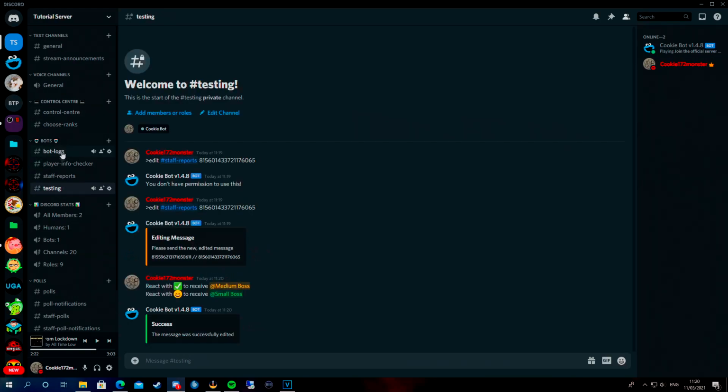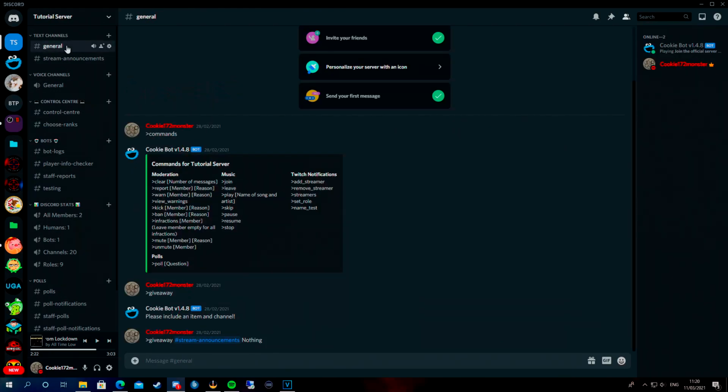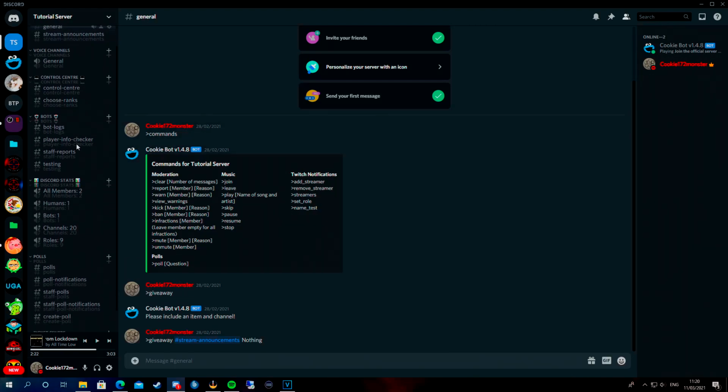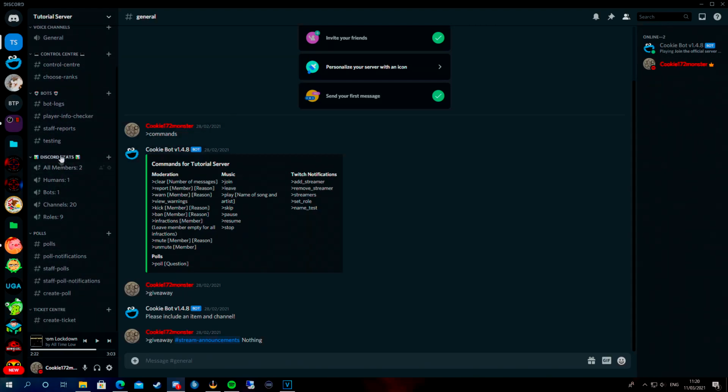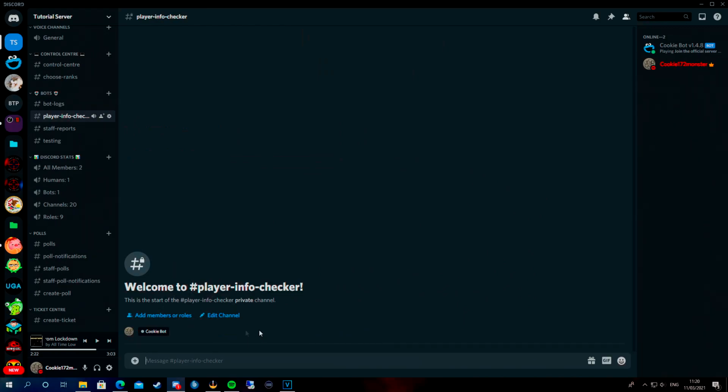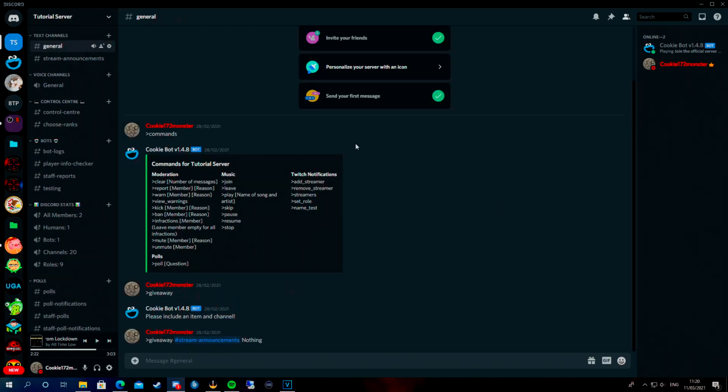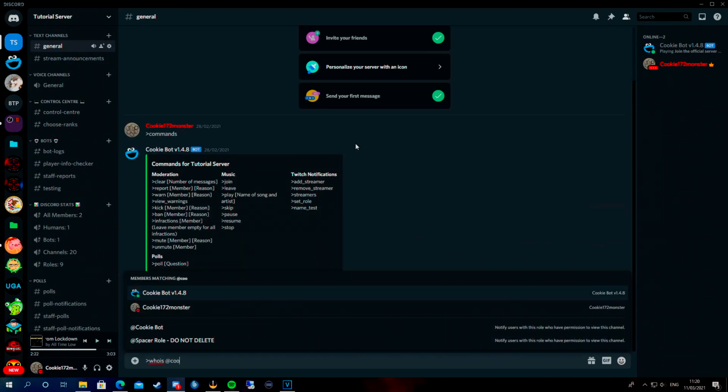There is one more command I'm going to show you. Generally, this is used when people join the server, and you can set these up. You can set these channels to send these messages, but one that will stay the same is the player info checker. And what that will do is when someone joins the server, it will execute this command. So if I'll do it on myself,